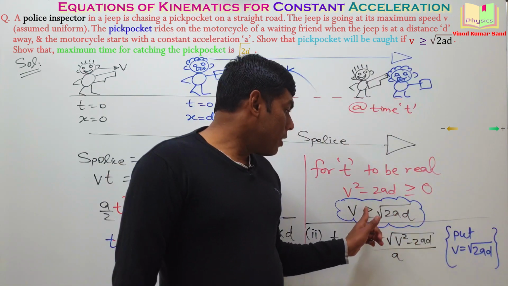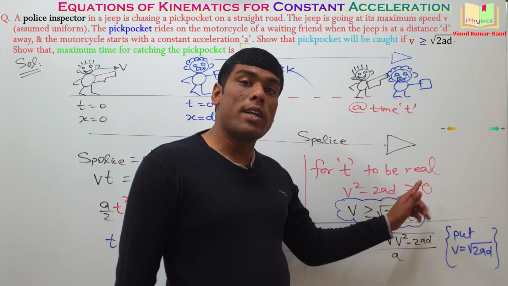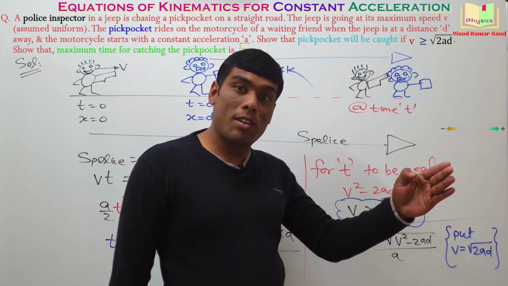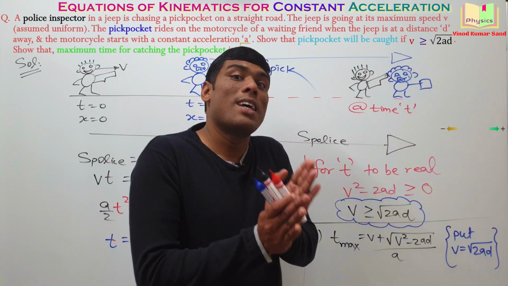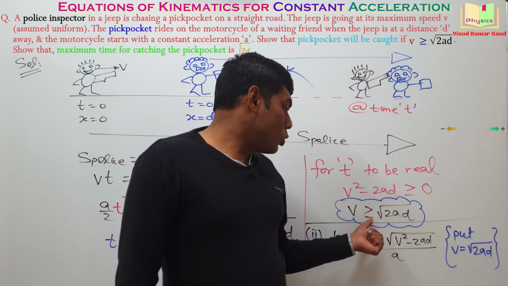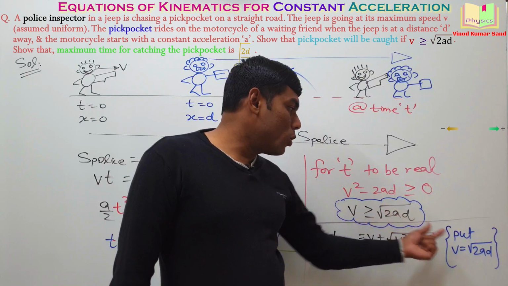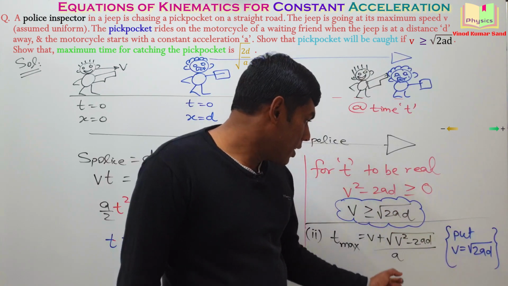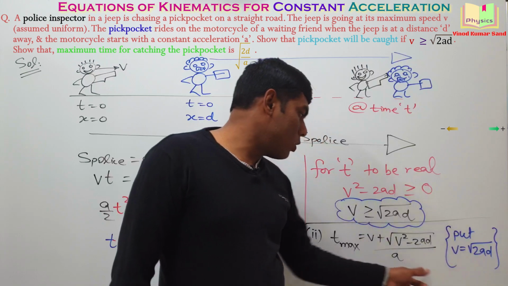Why? If the policeman is running at a speed greater than root 2ad, it means the policeman is running faster and faster. If he is running faster and faster, then the time taken to catch the pickpocket will be less. So for maximum time, we should choose the least speed of this policeman, which is equal to root 2ad. So I request you to put v is equal to root 2ad